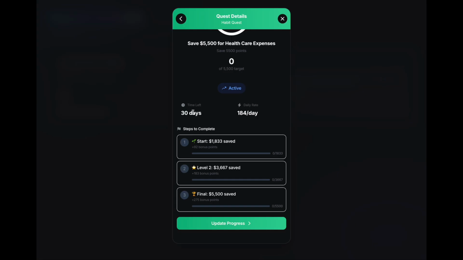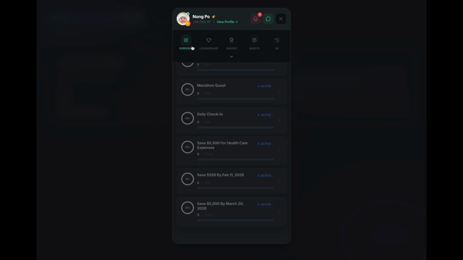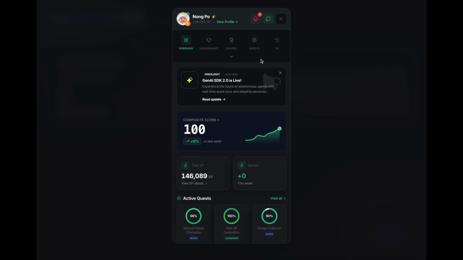But it actually created this quest for me, so I now have this saved as a to-do list or as a reminder or as a helper, and now this is integrated into the Playbasis system, so it can give me experience points and bonus points, and I can actually track my progress, which I think is probably one of the most important key concepts to take away from the idea of Playbasis,